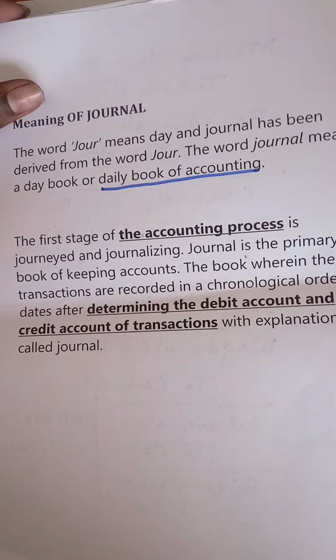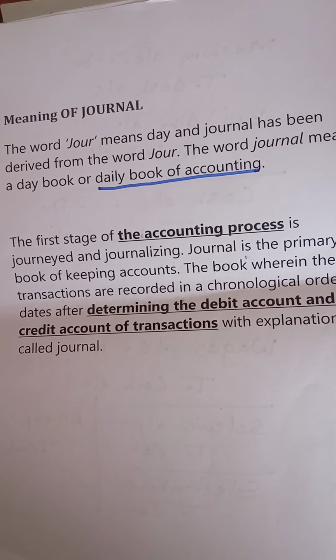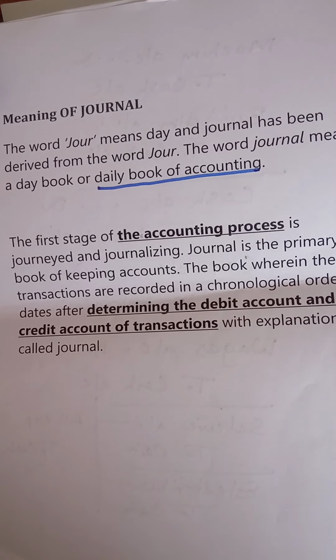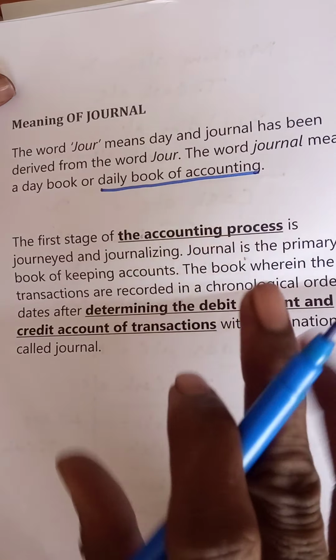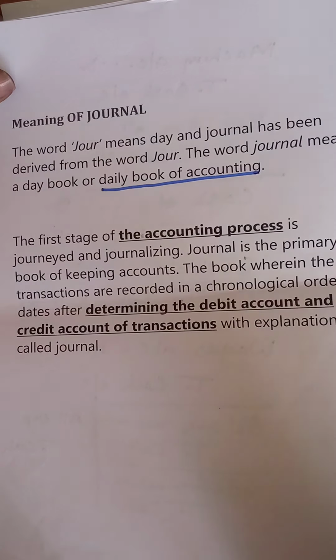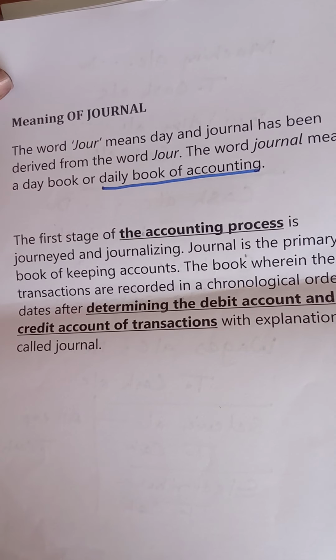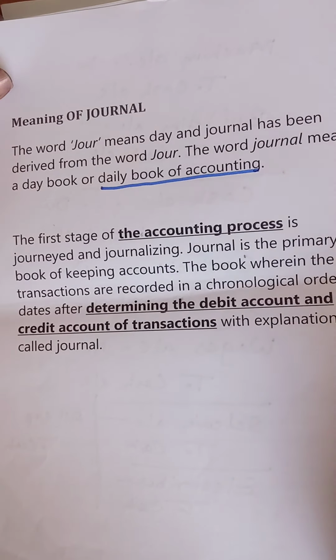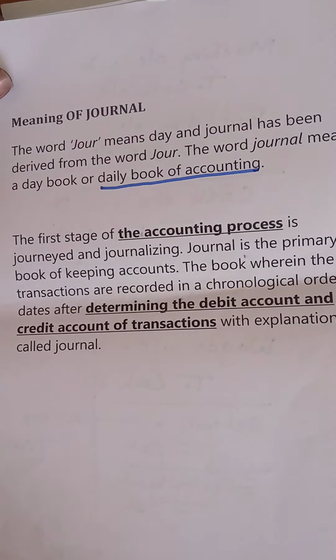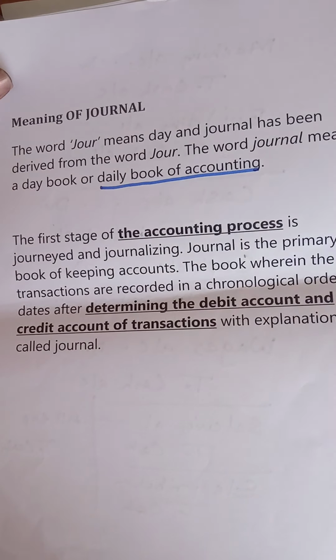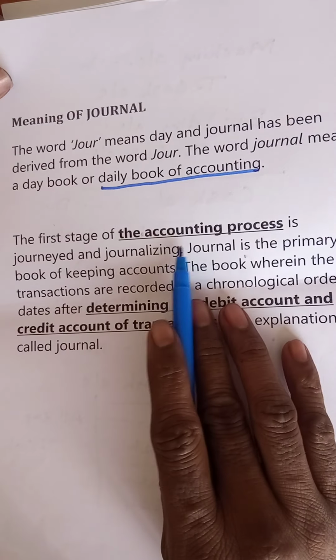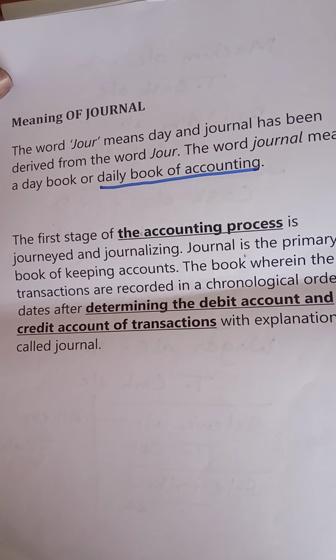In every organization, whether small or big, a number of transactions happen every day. We have to write all the transactions in the books of accounting. That book is called the journal. Before we learn what the final account is and what the cash book is, we have to know what accounting is first.